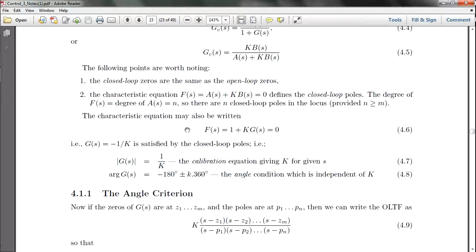Let's go back to here. This is your characteristic equation, right? 1 plus kG equals 0, if you remember. So this is the magnitude criterion, which is also our 4.1.2. This is the angle criterion, 4.1.1. I'm trying to explain over here. The next video I'll explain this one. So this is 4.1.1, and how do we get over here?